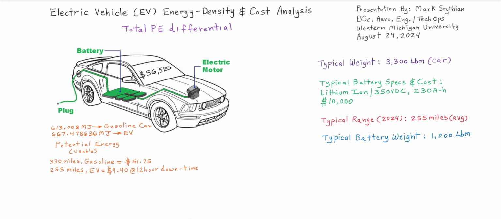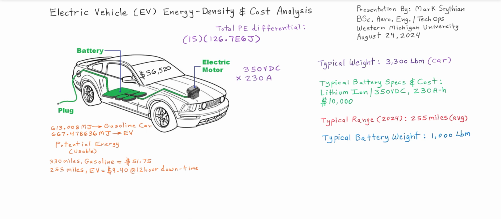So next we move into step 3, which is the total potential energy differential: 15 gallons times the chemical potential energy per gallon of gasoline. And then we have to compare this to the untapped potential of the fully charged electric vehicle's battery. So that's 350 volts DC times 230 amps direct current. And so if that was all discharged at the same time, it would take over an hour to discharge the battery,